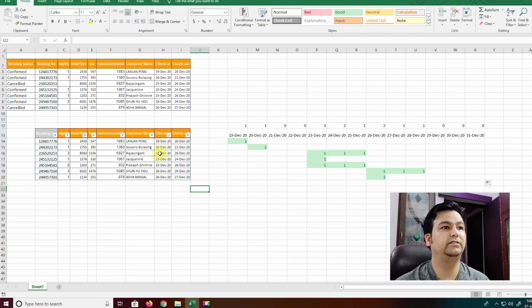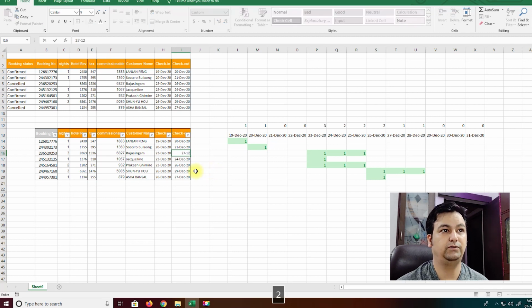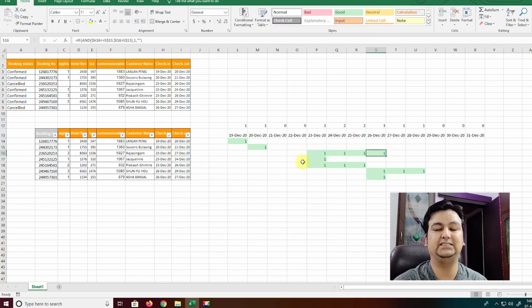This person in this reservation would be spending the nights of 23rd, 24th and 25th December with us. Let's see if it is counted right, and 26th will be departure, so it has not counted his room in this reservation. The moment you change the reservation to 27th of December, the results are changed. Any changes made in these reservations will also be incorporated.